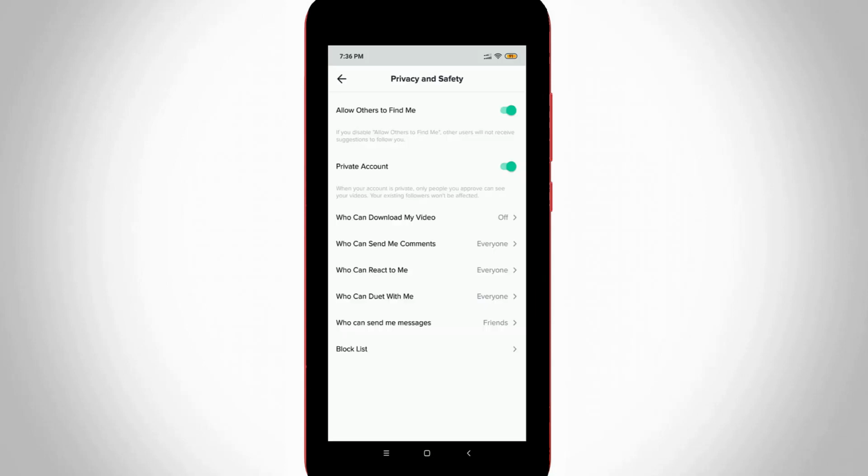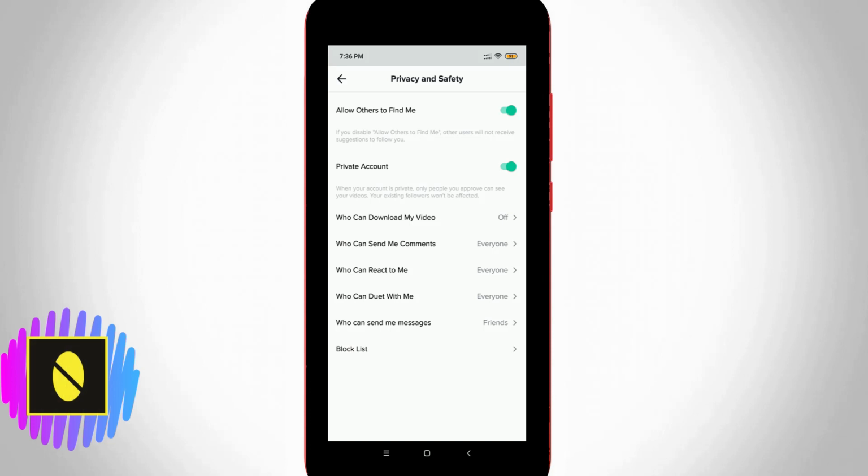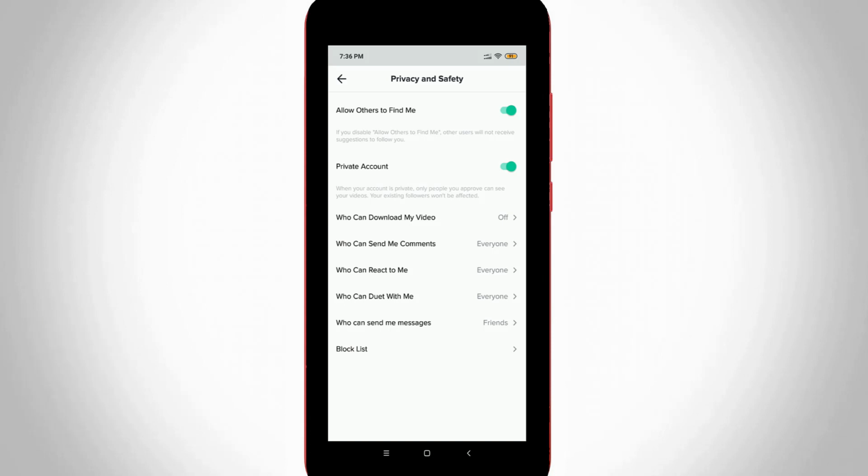Because if you set your TikTok profile to public, it is possible for everyone to view your profile and also download your videos. But boys, there is no problem. But if you are a girl, it is very dangerous, because maybe someone will download your profile photo and misuse it, like uploading it to unwanted websites. So to avoid this kind of problem, people are searching how to make TikTok private.